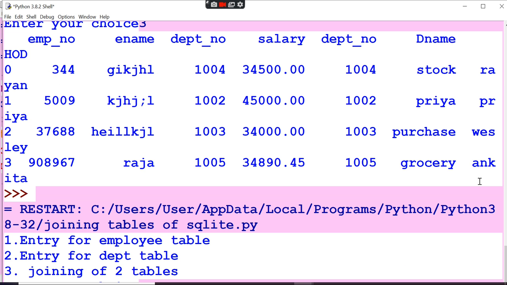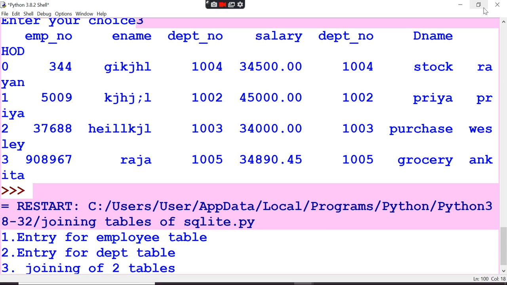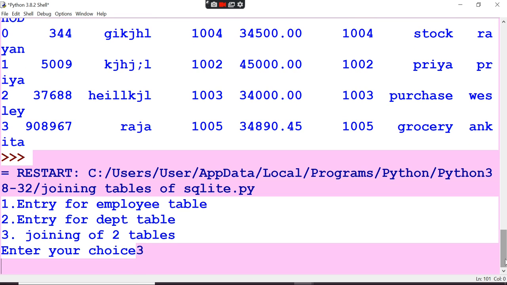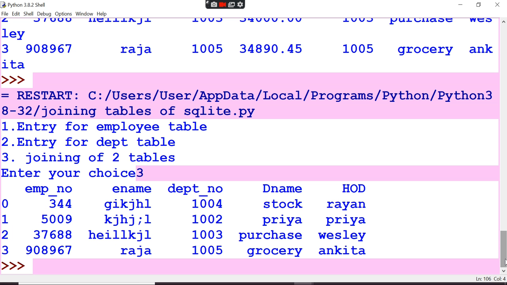So 3. Press enter. Right, see here. So no duplication column here.